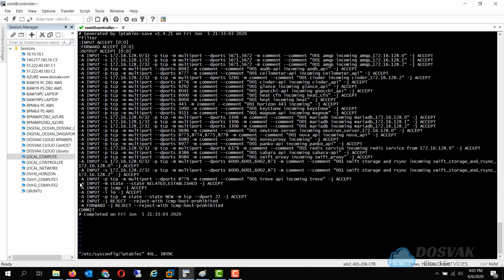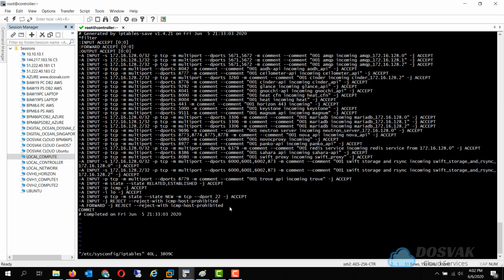And also keep in mind that this is the key rule to allow established and related connections, and this should be there. So we'll be providing these sample configurations as part of this tutorial so that if you have a mismatch, because we have seen during installation with Packstack, some of the rules get jumbled up or they are after the reject rule, so they do not get applied.